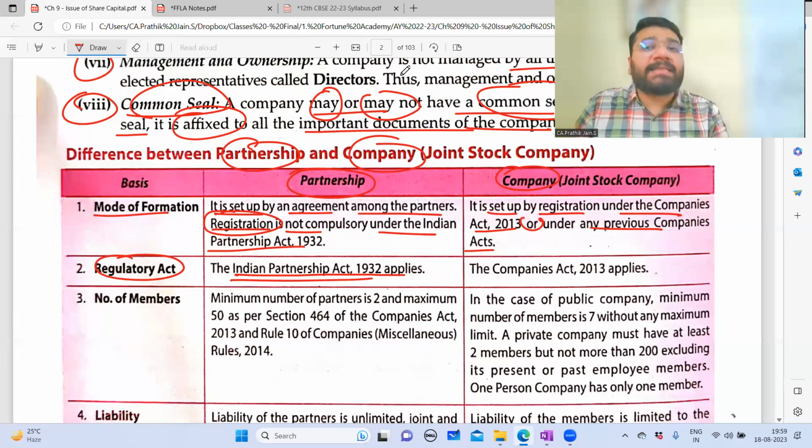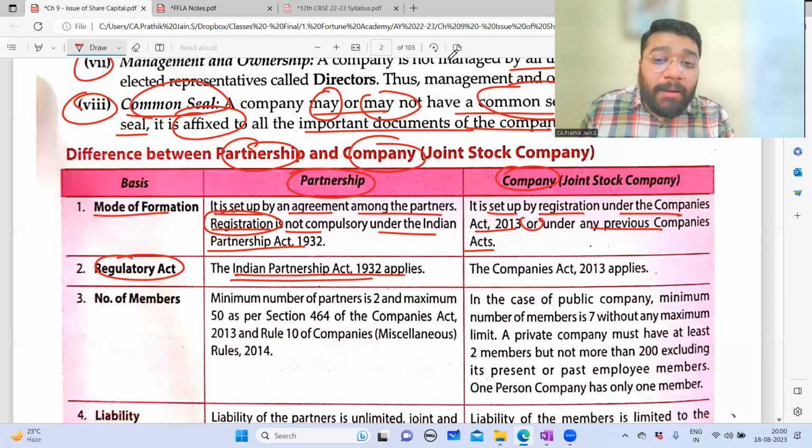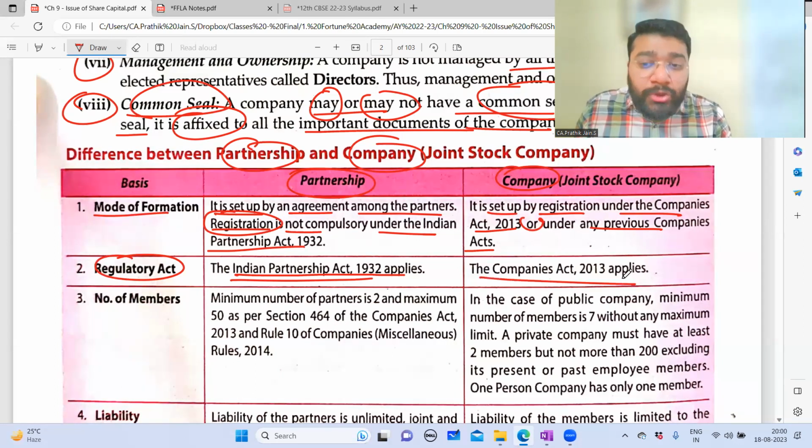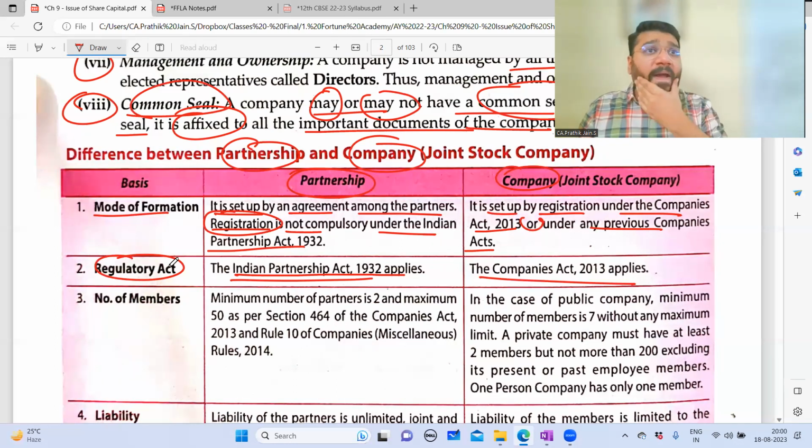If companies, that is one person company, private company or public company, have a problem, which rule book will they refer to? The Companies Act 2013, which is the latest act, the latest law. Yes. So if the Companies Act was revised, why not the Partnership Act, sir? It is still the old 1932. The question is, sir, okay, it's a good question.